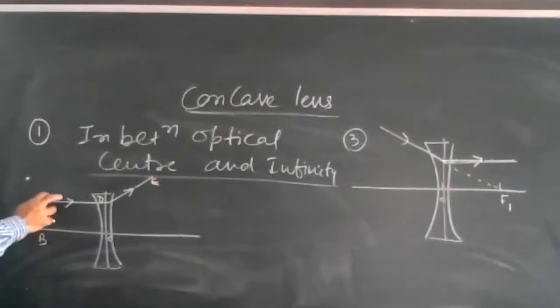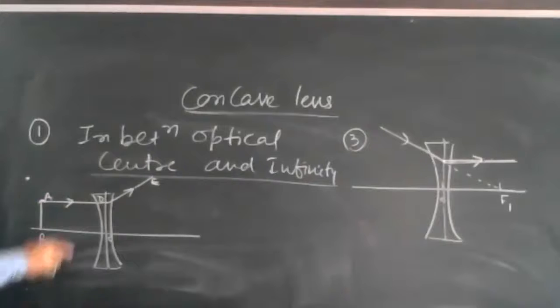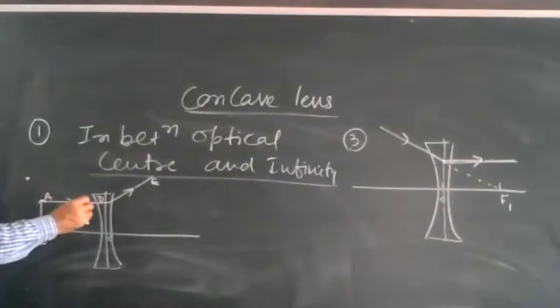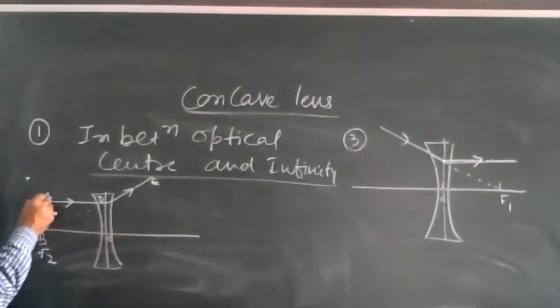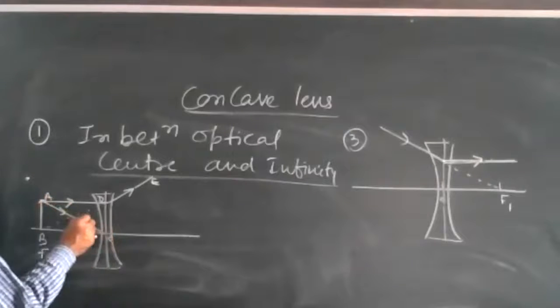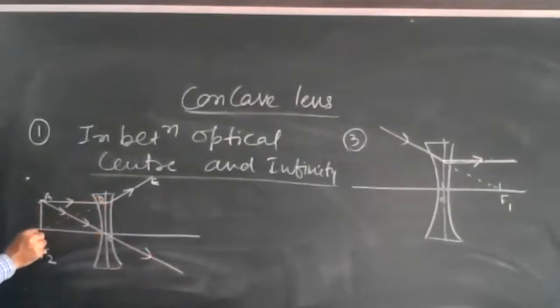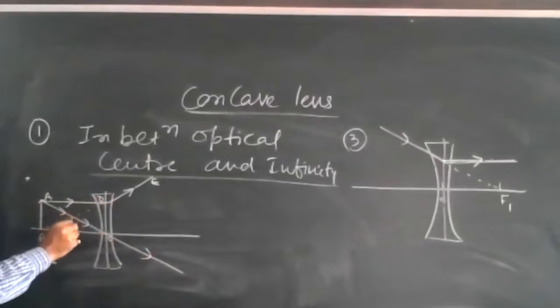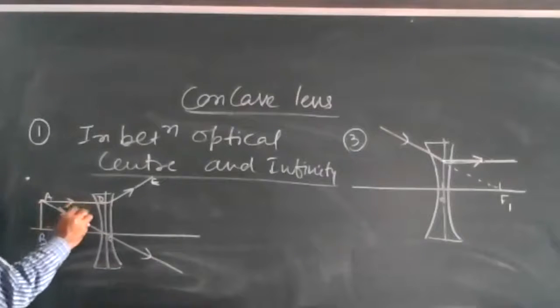Okay? जब parallel to principal axis के तो हमने क्या कहा when the object lies between optical center and focus, so that will come through like this here. This is the point F2. Another ray passes through the optical center, goes straight. तो both the ray, एक रे ये आ रही है और एक रे यहाँ पर इमेज बन रही है. This is the image formation A dash B dash.